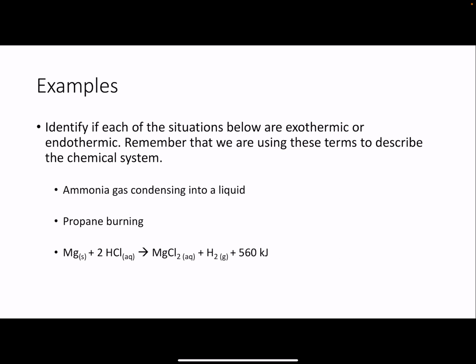So here's a few examples. We're going to identify whether it's an exo or endothermic reaction, and we'll use these terms specifically. So ammonia gas condensing into a liquid. A gas to a liquid. Now, if you think about what happens there,